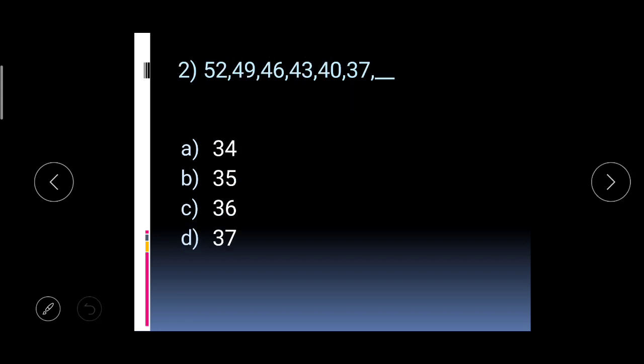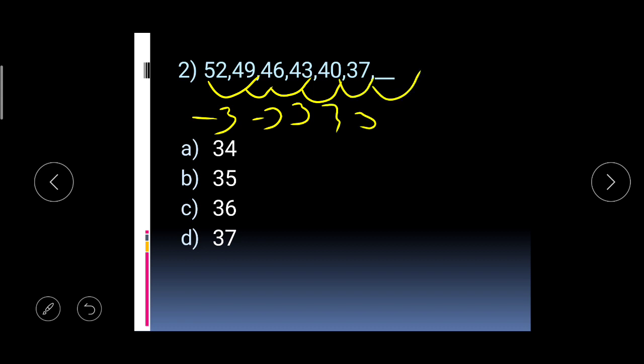Let's see the second. In the earlier part I told you, first you have to visualize whether it is an incrementing or a decrementing series. So, it is a decreasing series. Let us see how it is decreasing. Since the decreasing rate is very moderate, I will just see how much it is decreasing: by 3, again by 3, again by 3, again by 3, again by 3. So, again it should decrease by 3. 37 minus 3 will give how much? 34. So, the answer is 34. This is a very simple series, so I am moving a bit fast.